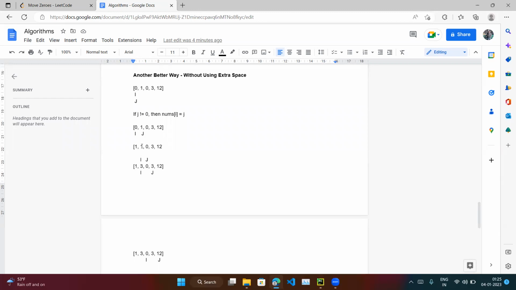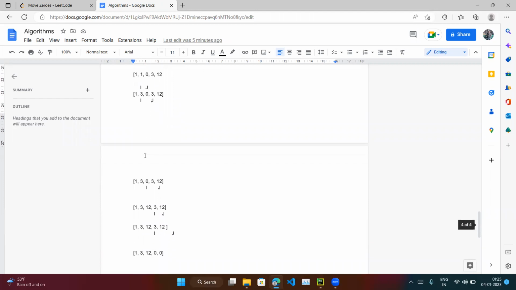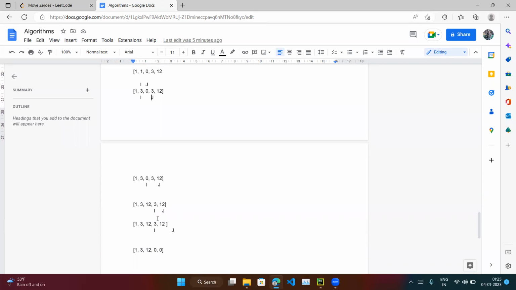And i will be here because if we put one here, then we have to increase i as well. So i will be here and j will be here. Then it is a 0, it is not non-zero, so we are checking the next element. So 3, it is non-zero. Yes, then we put 3 here. Similarly, we run the loop. So at the end we get this array like 1 3 12 3 12,